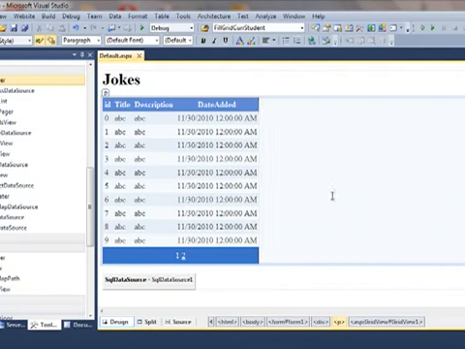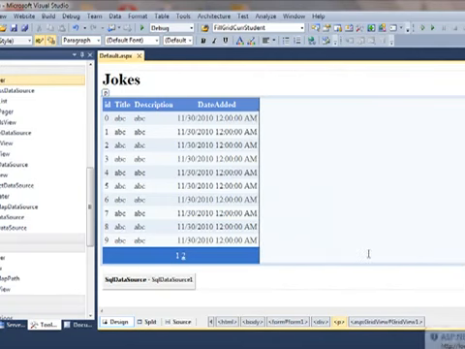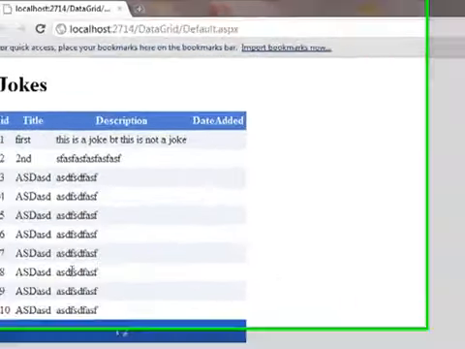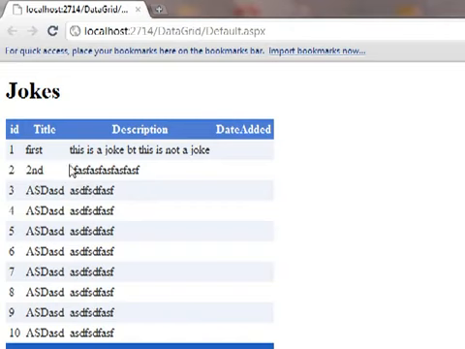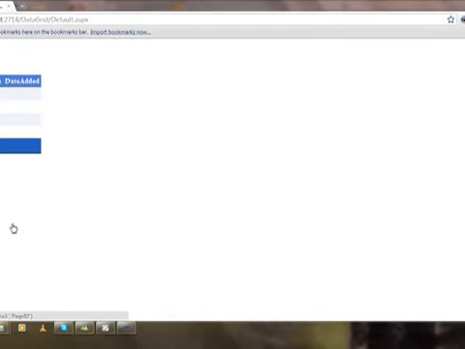I'll save it and view this page in the browser. So using the GridView control and SqlDatasource, with a couple of clicks I can bring data from the database onto my ASP.NET web page. We can navigate through various pages